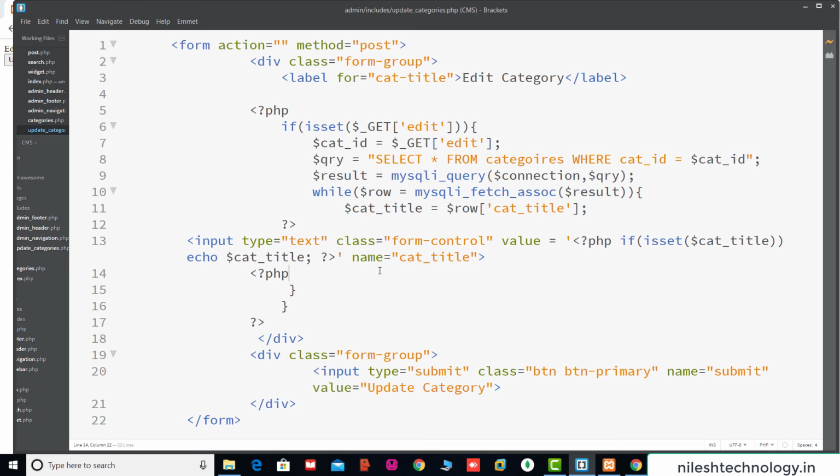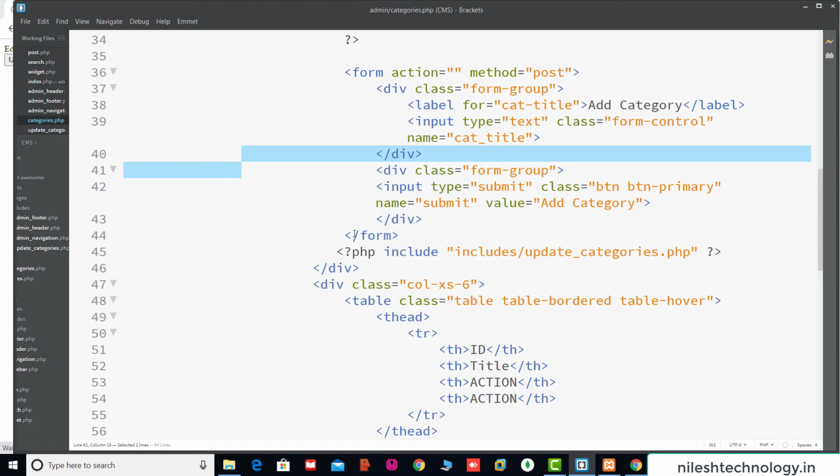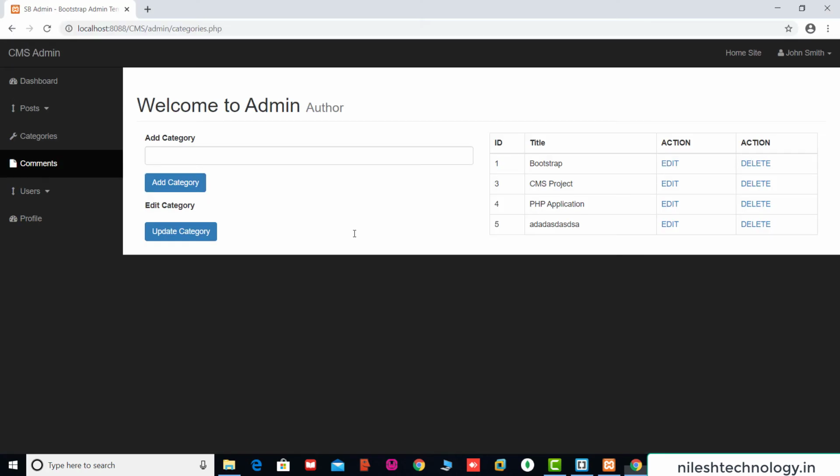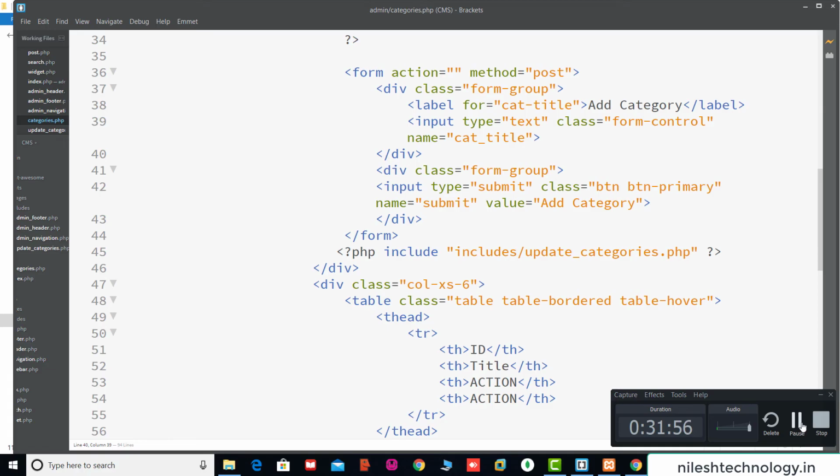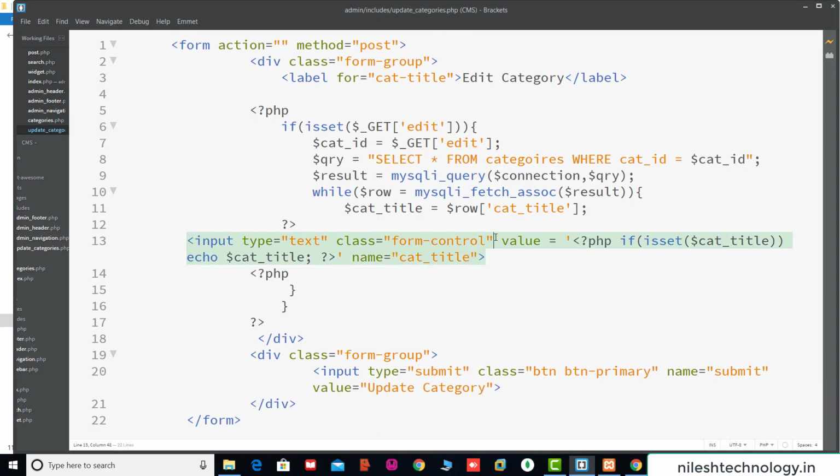So again we refresh this category file, so save here now. Okay, so when you click on this edit, then see here, there is no text box. So check here again. So going to this update category file, and if this variable is printed this way, then see here what happened.